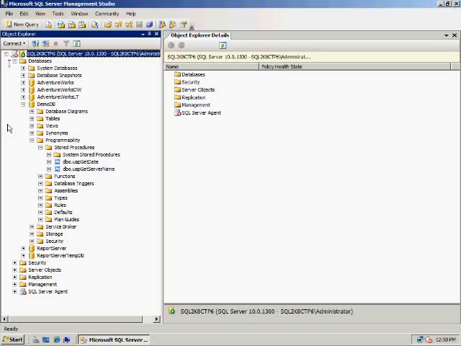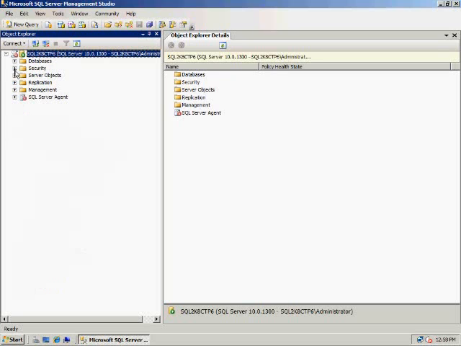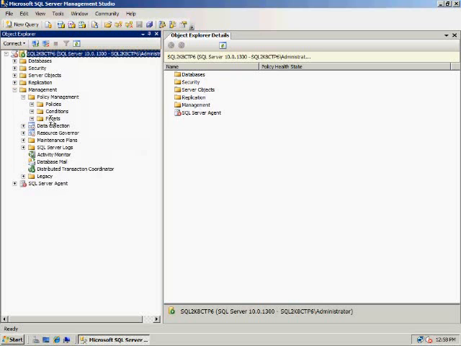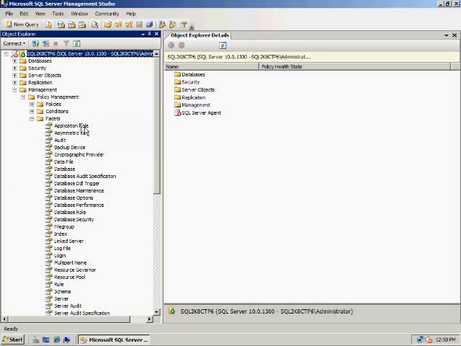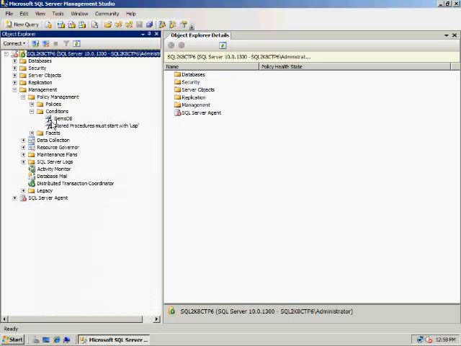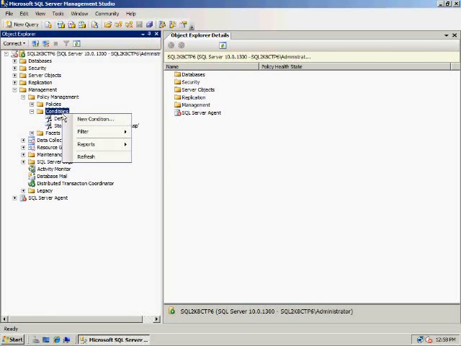Now, if you wanted to define a new policy, you would go under Management, Policy Management. You'll notice there's three nodes: facets, conditions, and policies. Facets are those things that you can define a condition on: the application role, the stored procedure, and so on. Conditions are the actual conditions. So we can create a new condition here